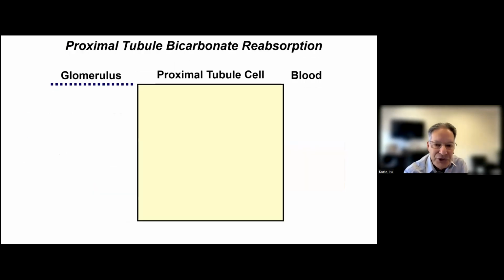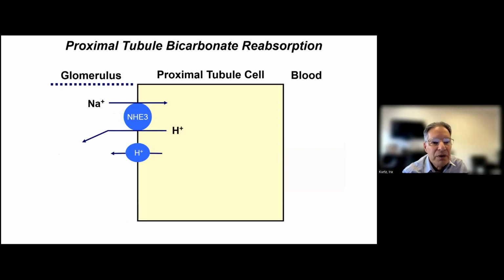And it turns out it's the proximal tubule. We'll go into this briefly, and we'll talk about this more in later talks. But the first concept is bicarbonate gets across from the filtrate into the cell, and it does so indirectly via a protein called NHE3, which is what we call a sodium hydrogen exchanger. There's 8 of these in the mammalian genome, and this particular one is in all mammalian proximal tubules on the